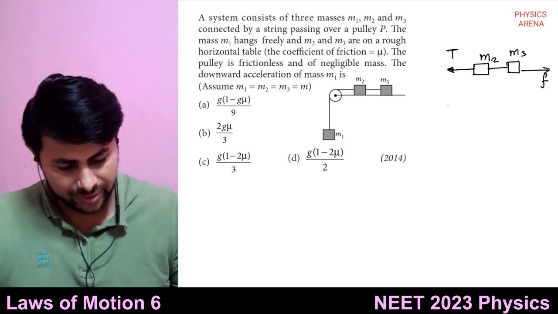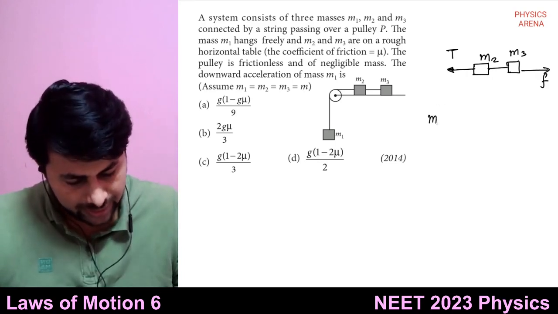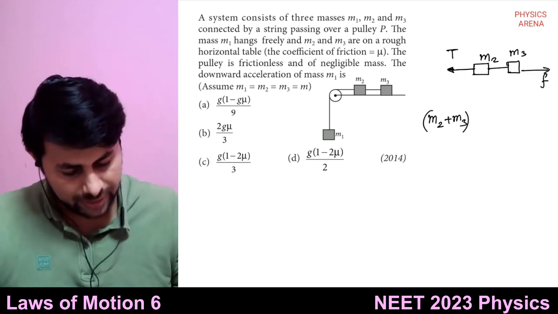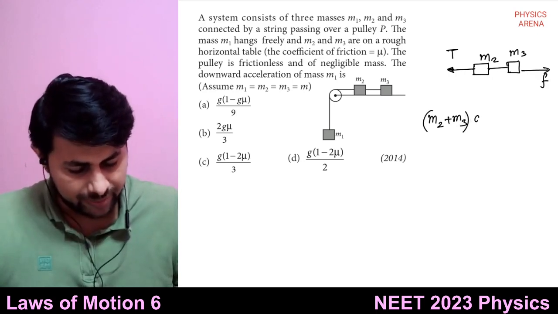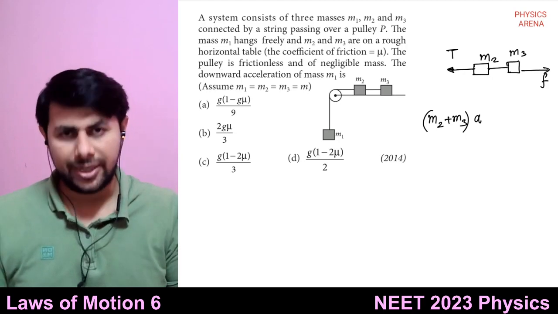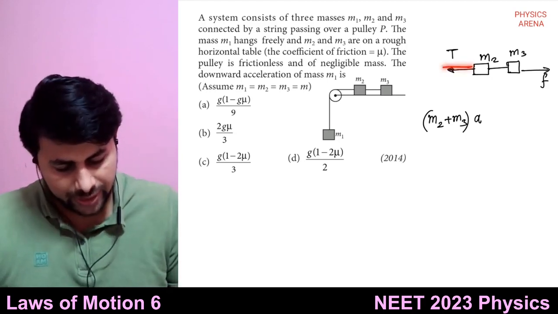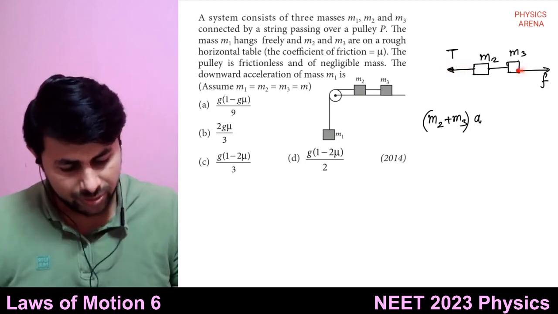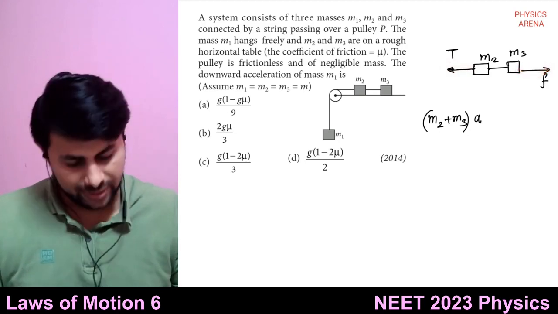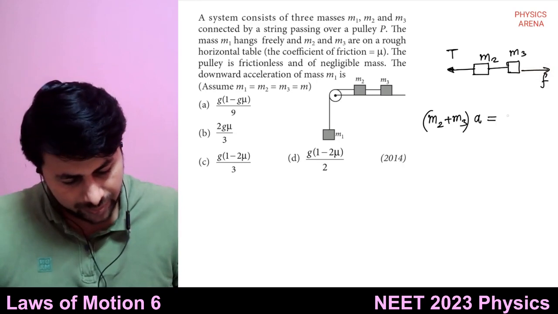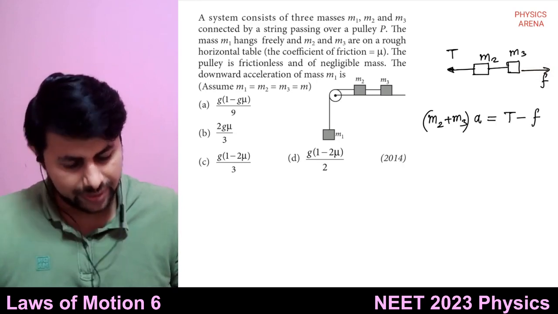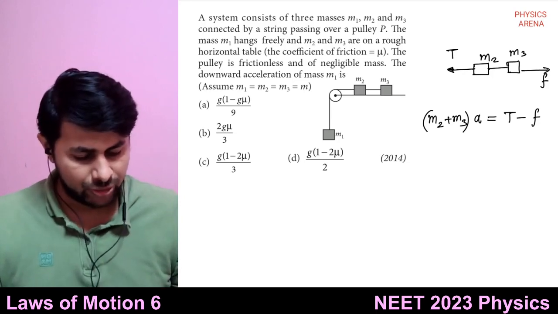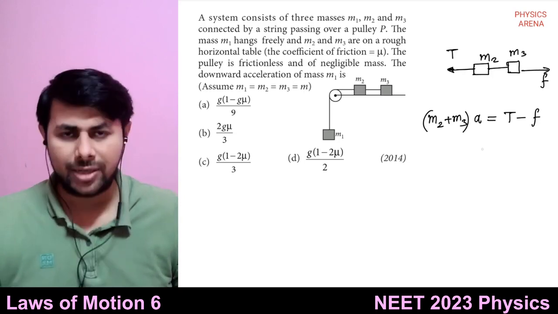So how much would be their acceleration? So we can say the total mass. Total mass is m2 plus m3. Right, this is the total mass. m2 plus m3 multiplied by A. This is the net force. Net force is towards left. So it is total force towards left minus total force towards right. Okay, so it is equal to what? T minus F, the frictional force. And how much would be the frictional force? Mu multiplied by